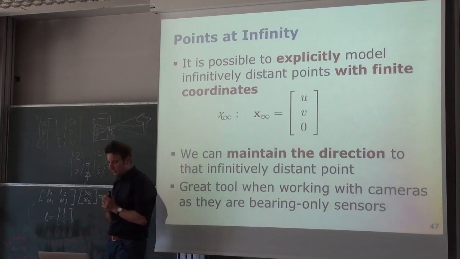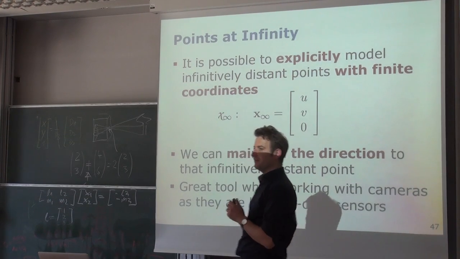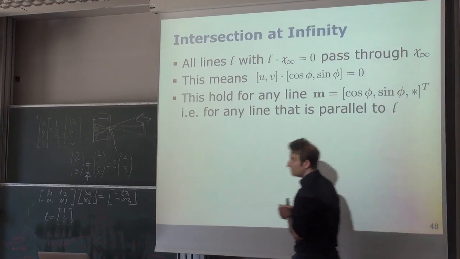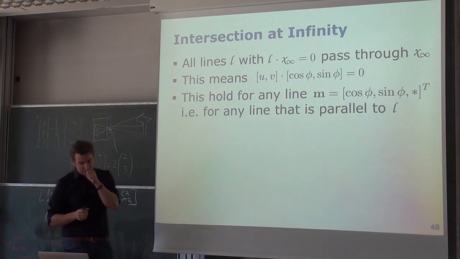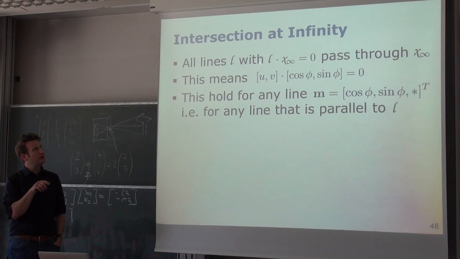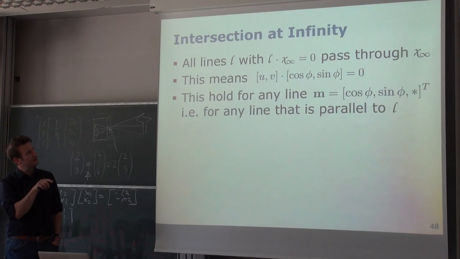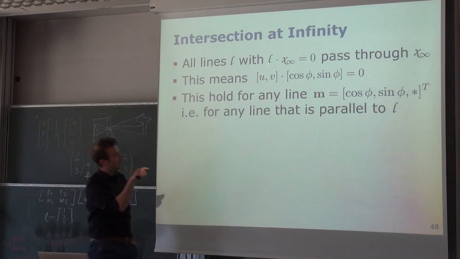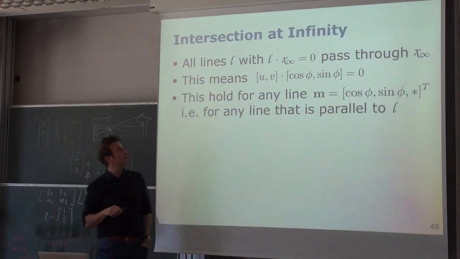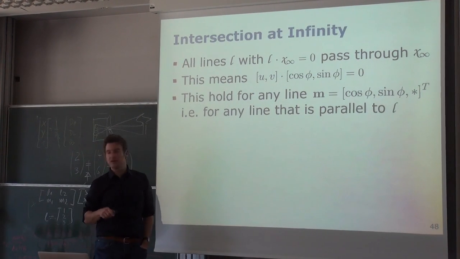Okay, so let's have a look at those points at infinity. We said we have these parallel lines which intersect at infinity. Let's look at how intersections at infinity could look. So all lines L for which this equation holds, L dot product x, oh, that's actually not written in a nice way. This should be written in a different font, because these are the objects and we don't have the dot product between the objects, so this should be in homogeneous coordinates. Equals 0, that means that all lines for which this equation holds actually pass through